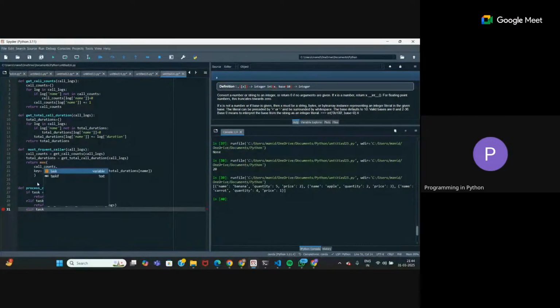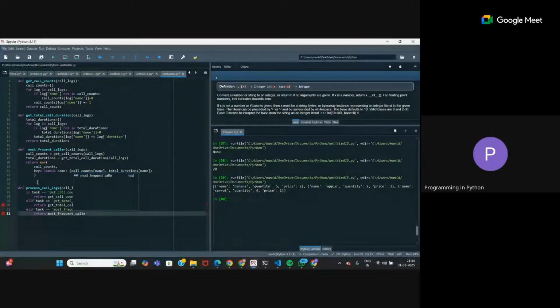If task equals most frequent caller, then return most frequent caller, again with call logs.